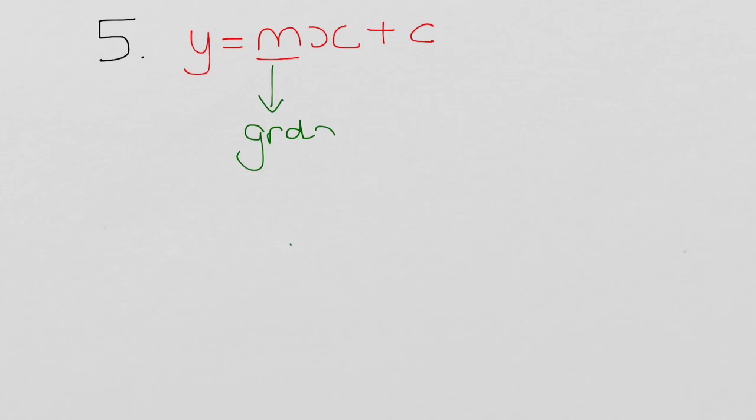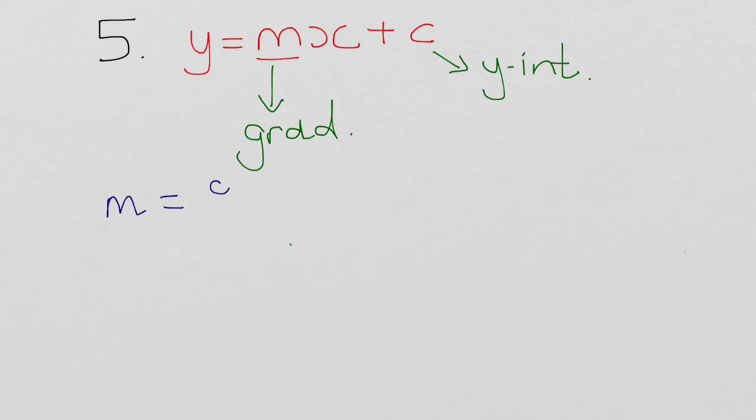Question 5, you want to find the equation of the line, so first thing you're going to do is write down y equals mx plus c. M is your gradient, and c is your y-intercept, where it crosses the y-axis. That's easy, you can see what c is equal to just by looking at the graph. M you have to work out, so